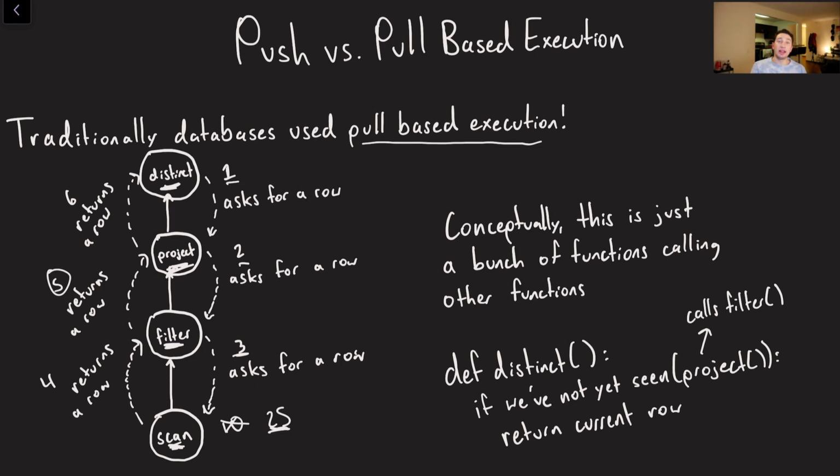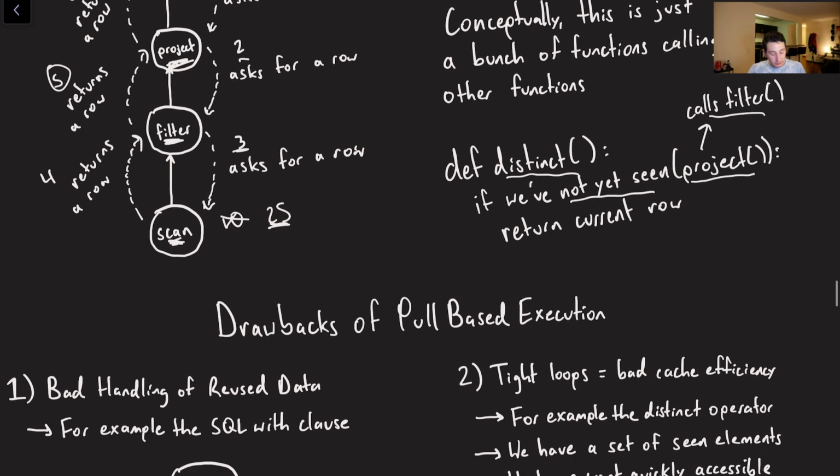So we have this whole iterative process where basically every operator goes downstream and then asks for another row from it. So if we want to think about this conceptually, it's basically a bunch of functions that are calling a bunch of other functions. So in the distinct operator, we've got this concept of have we seen a current element? But the current element that we're getting is actually coming from our project operator. And our project operator is just saying, okay, take our current data and map it to some particular function. And in order to actually get the current data, we have to call our filter element. So we basically have this big nested call stack of functions that we're going to be doing to get our eventual result.